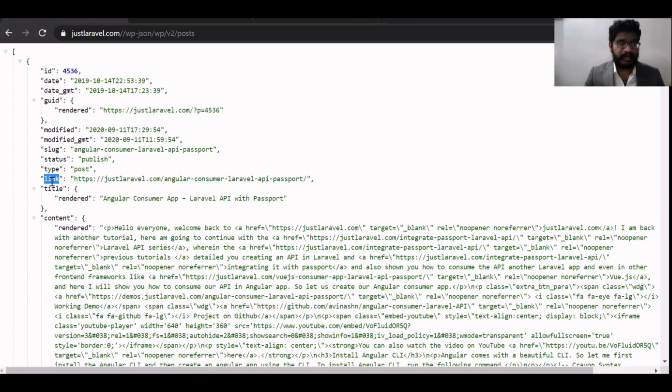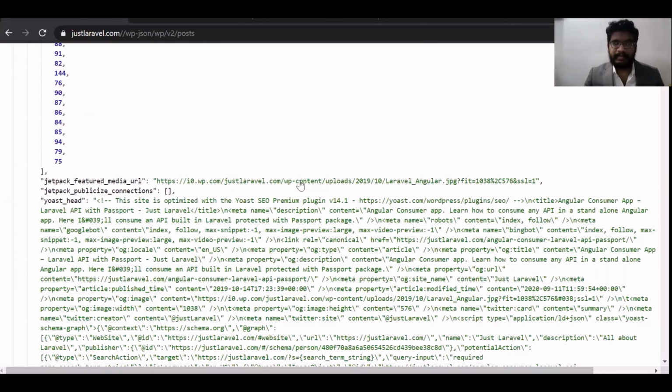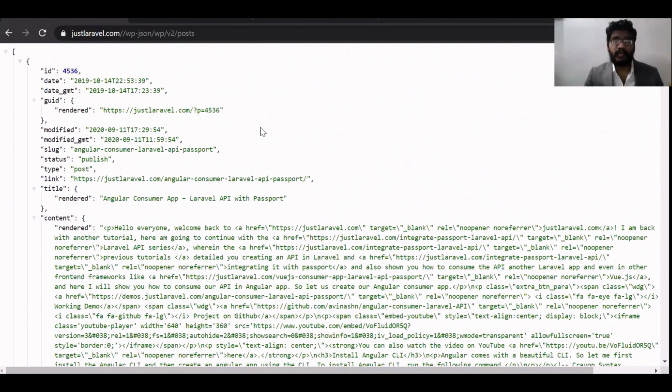So I'll grab this title, this link, the excerpt, and this image for the featured image. So I grab these 4 things from this REST API and show them in a grid format.